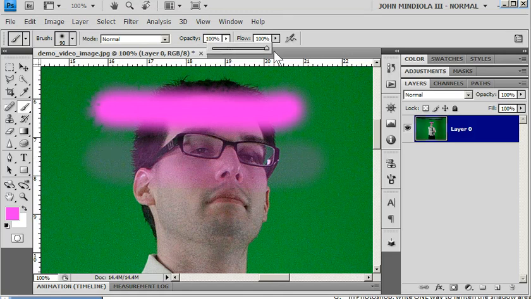Now, if I leave the opacity up, but take the flow way down, it's not opaque. It's just less intensely or less densely sprayed by the brush tool. So that's that. Now, if I back those up,